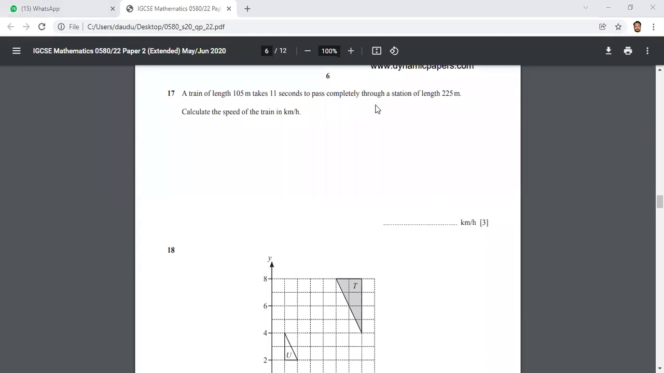So the total distance is equal to 105 plus 225. That gives me